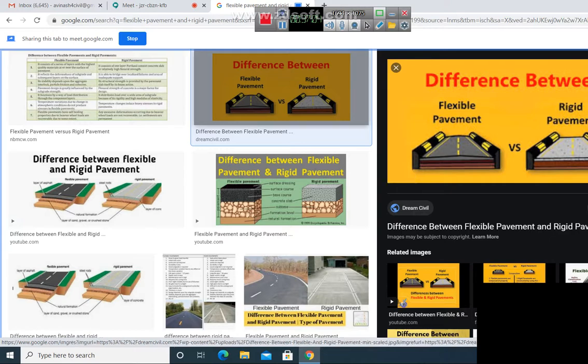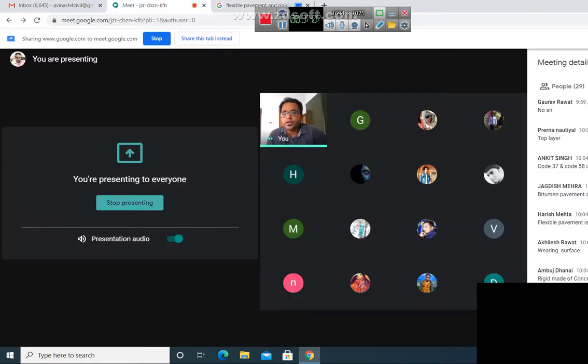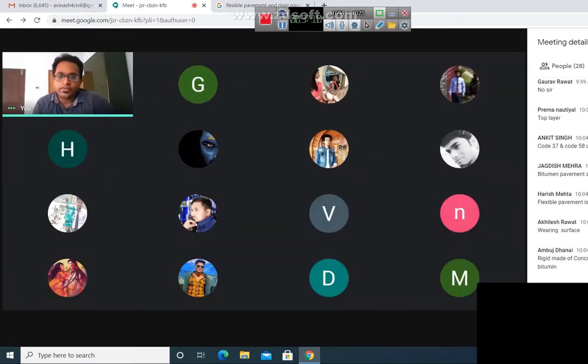The load transfer mechanism. What is the difference in load transfer in a flexible and rigid pavement? In a flexible pavement, there are different layers. There is a soil subgrade over which we have a subbase layer made up of aggregates. Over that you have a base course made up of aggregates, and at the top you have a wearing course or surface course. So it has a layered mechanism. Now when you discuss the rigid pavement, the load transfer mechanism in a rigid pavement is due to slab action. So that is another difference.